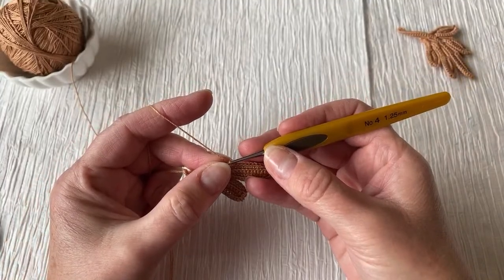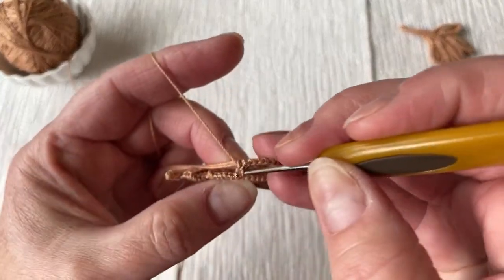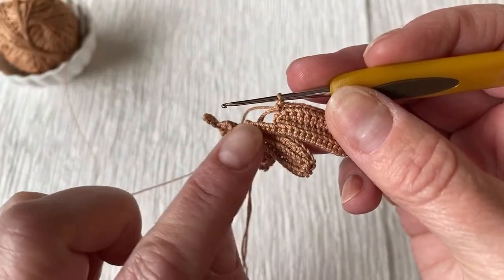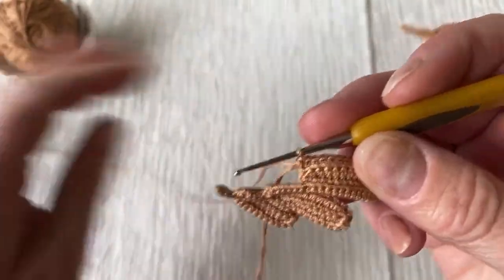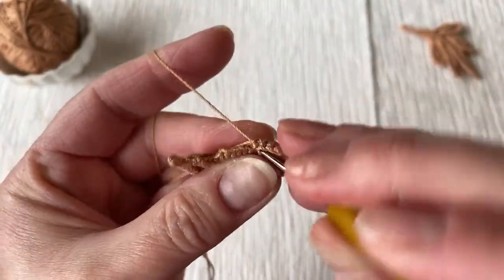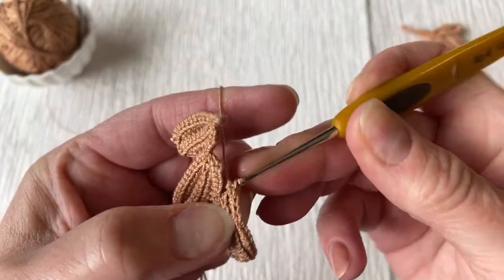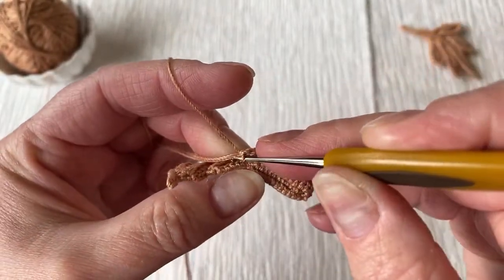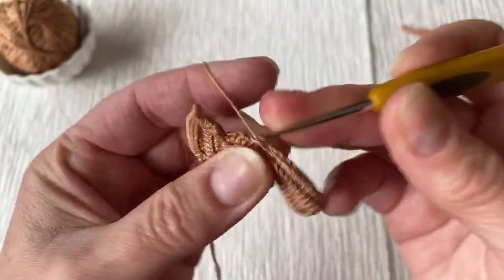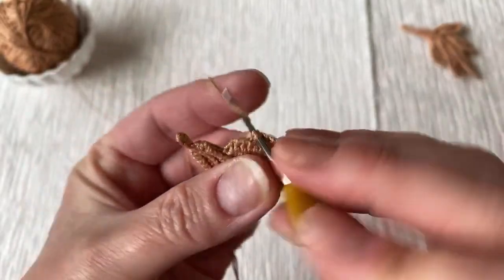So first we make how many stitches it says to make. There are 6 stitches. So 6 stitches goes right in here, into this area, over the padding cord and into back loops, of course. 1, 2. Make sure to pick up all stitches there. Don't skip any. Then 3,